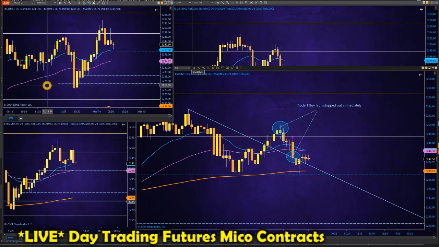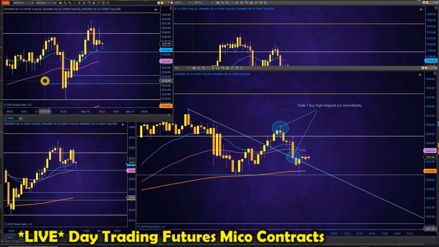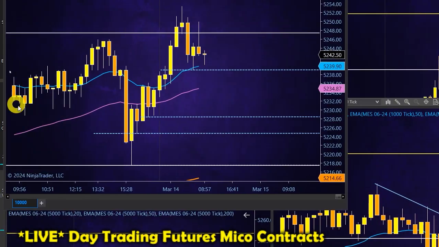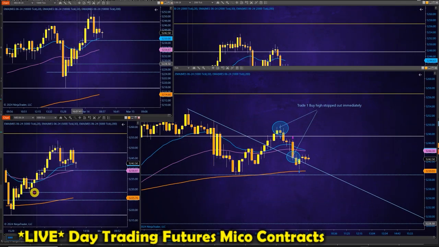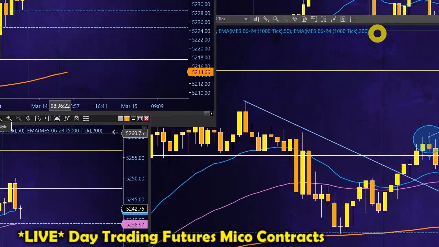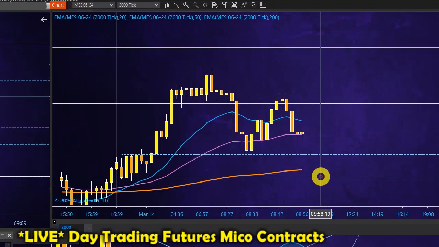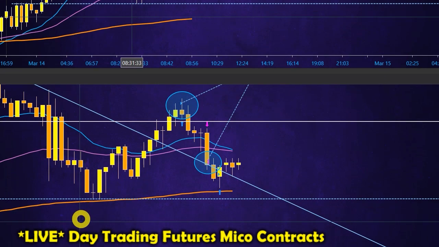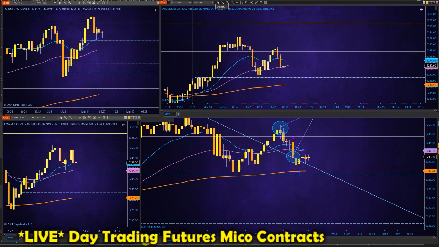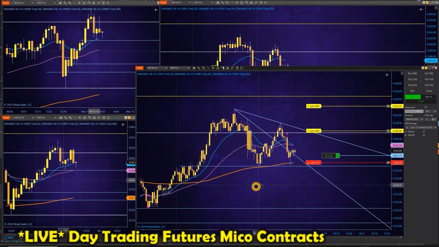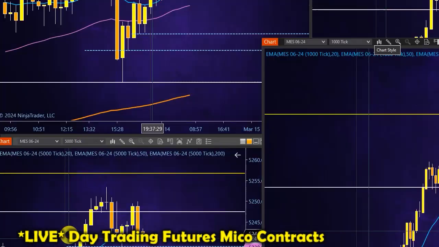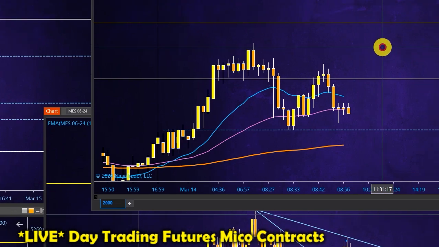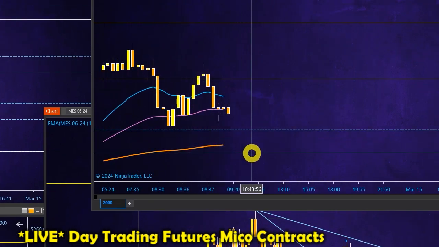Now I'm going long because everything's telling me it wants to go up. All my moving averages are going up. Moving averages are all above the 200 moving average. On the 10,000 tick, on the 5,000 tick, everything's going up here. On the 2,000 tick at the top, right? And on the lower time charts, we may see some type of bearish activity, but that's just so we can get a trend line break to the upside. So I'm not worried about those. I worry about the 10,000, 5,000, and the 2,000, and even that'll look bearish sometimes if it's going to correct